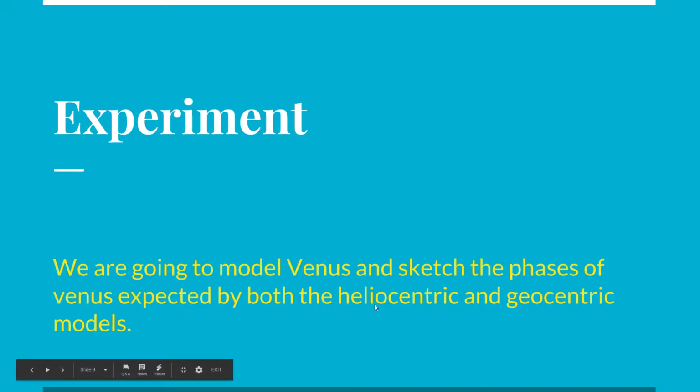So this is where you're going to need to, if you need to, pause the video, go get your geocentric and heliocentric models worksheet, and we're going to talk about how Venus looks in the night sky, what Venus would look like in the night sky if our solar system were heliocentric, and what it would look like if our solar system were geocentric.